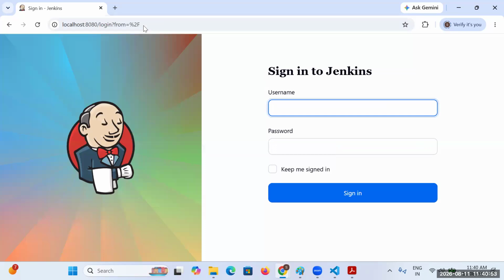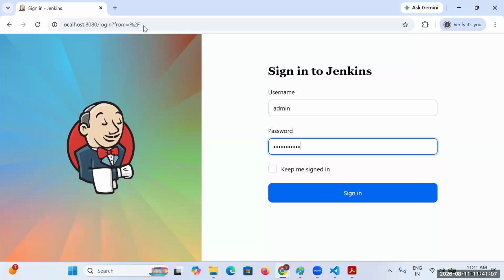Then it will ask for the login details, which are the username and password. The password is not a default password; it is the one you set at the time of changing the password after completing the installation.